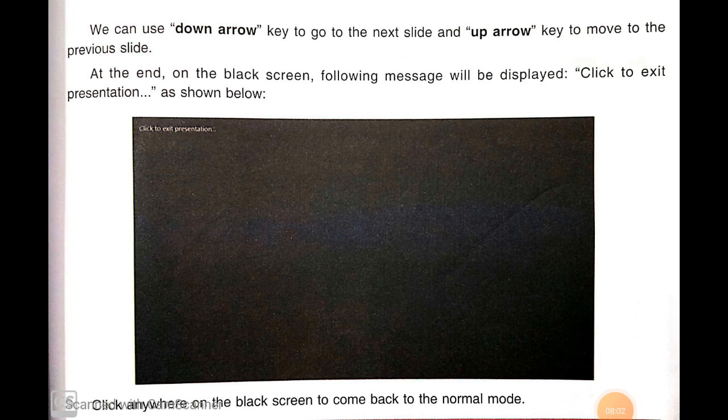In this way, this chapter has been completed. I hope all the students understand all the 4 views: normal view, slide sorter view, notes view and slideshow view.